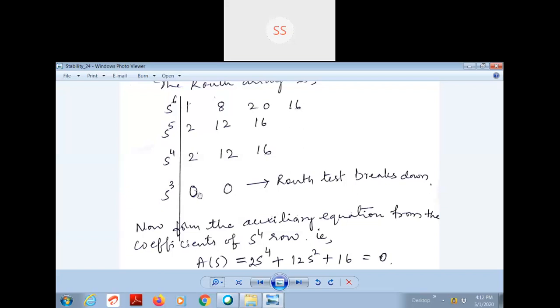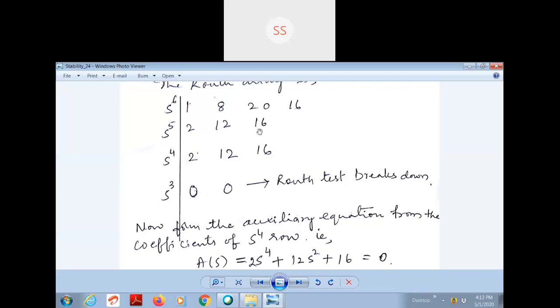So immediately don't go for solving the first problem by replacing it with epsilon and that method. We should make sure that the entire row becomes 0. Then only this procedure is applicable. But if the second element is non-zero, then you should substitute a small number epsilon and proceed with the Routh array. So that's why we have to check whether all the elements are 0, or only the first element is 0. Now as of now the first term is 0, so we will check the second term.